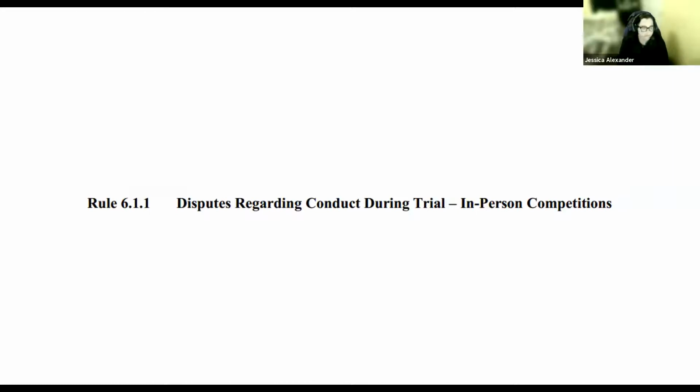But if you have any confusion about, well, if I think a rule was violated, what do I do? Go read it. Section 6 is going to discuss dispute resolution and what to do if you think that the rules are violated. So that was the last thing that I had. Were there any further questions?